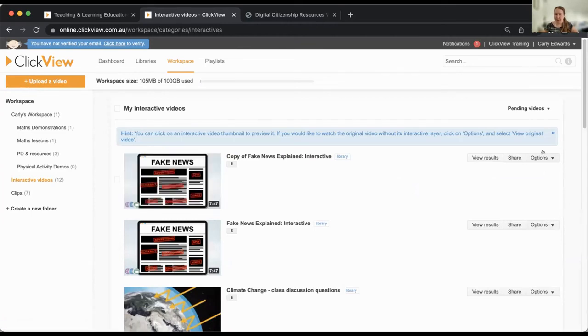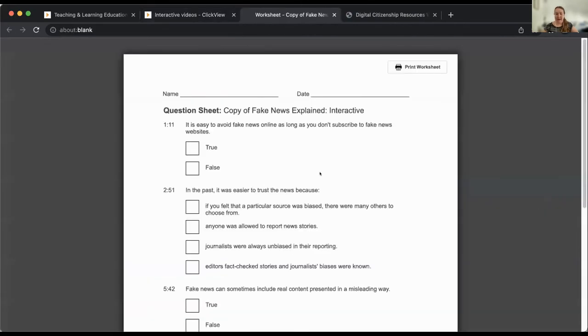Now, something else that you can do with the interactives is click options again. We can click print as worksheet. That actually gives you this really nicely automatically formatted worksheet of all the questions in that interactive. So again, if your students don't have devices at your school, or there's not enough devices for each student, or maybe for the younger year groups, if you're an early stage 1 or stage 1 teacher, and it's a bit difficult to get students all logging into a device and logging into ClickView to complete the interactives,